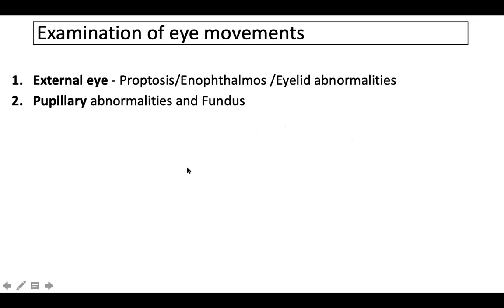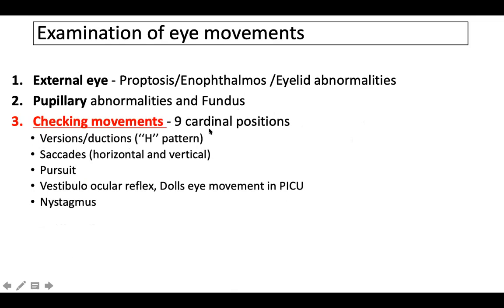the fundus. And once you're done, pertaining to eye movements specifically, we would look for the eye movements in your 6 cardinal positions of gaze, or 9 cardinal positions of gaze in an H-like pattern. We ask to see the child in the midline, to the right, to the left. Then midline up, midline and right up, midline left up, and then right side down, left side down, and midline down in an H-like pattern.